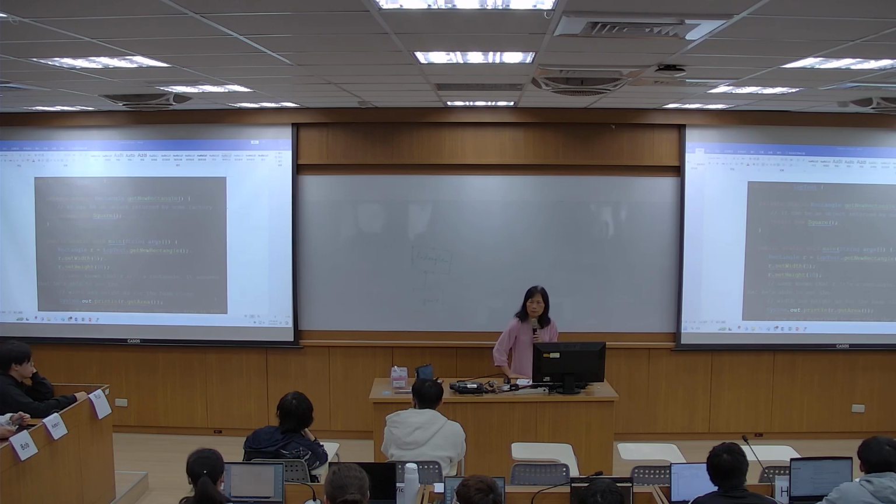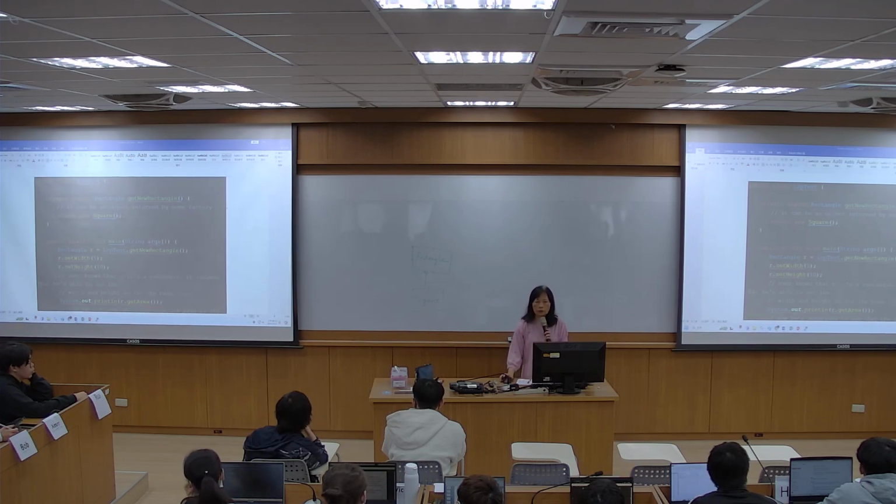Probably the question to you is not clear. Our set width is 5 and our set height is 10 and the result is 50. No, I said that here we know it violates LSP, all right?